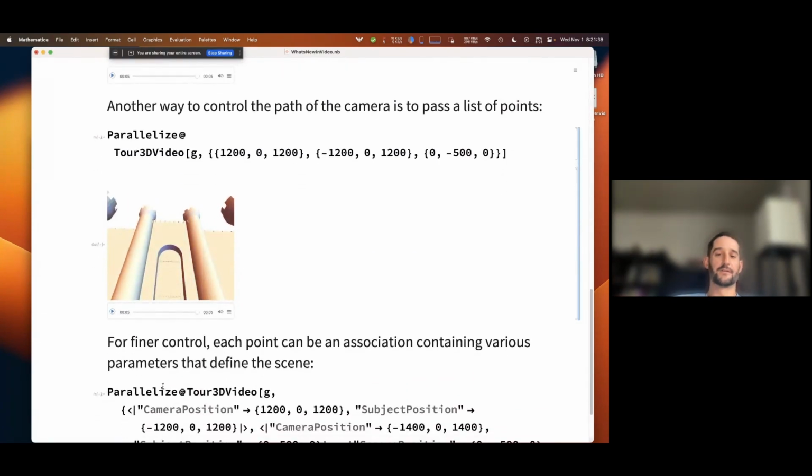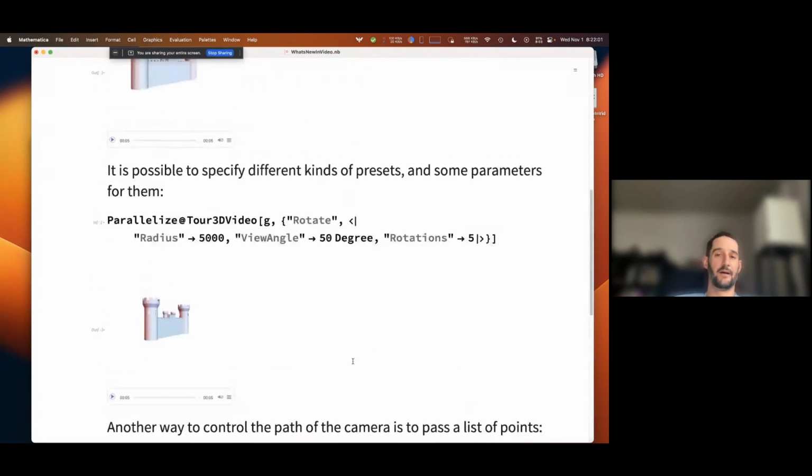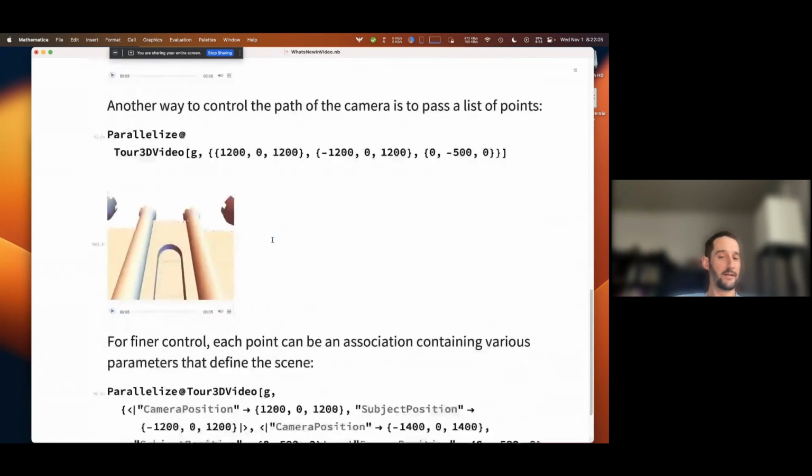And for a finer control, in addition, just specifying the points interprets those as the position of the camera. We can define multiple parameters that control the scene. In this simple example, I am just specifying the position of the camera and the subject position, which is where the camera points to. Other things that can be specified are the view angle, as we've mentioned before, that kind of controls